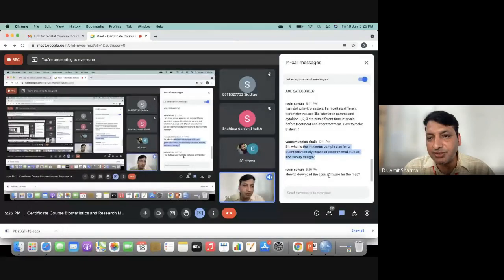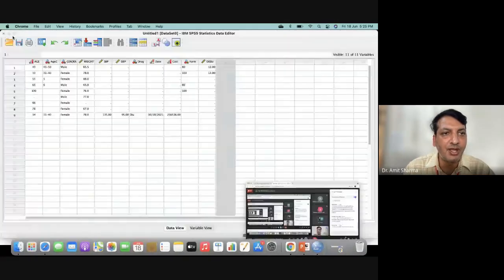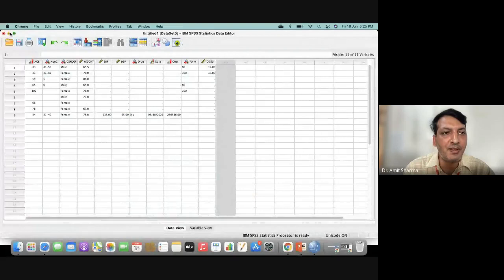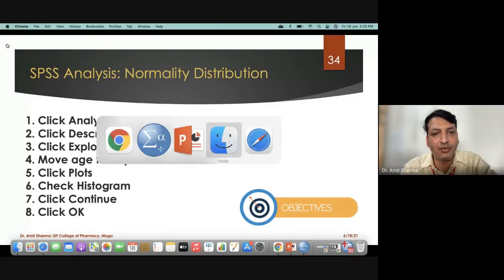How to download the software for the Mac? See, the process is the same, sir. As I told you yesterday, you can download the software from Get Into PC, and once you install it, don't run the software on your system. As I told you, I will show the commands for the MacBook also, how to do it. There will be one file which will be given along with the software. The name of the file I'm going to let you know right now. That file you have to replace into a particular folder. I'll show which one that is.